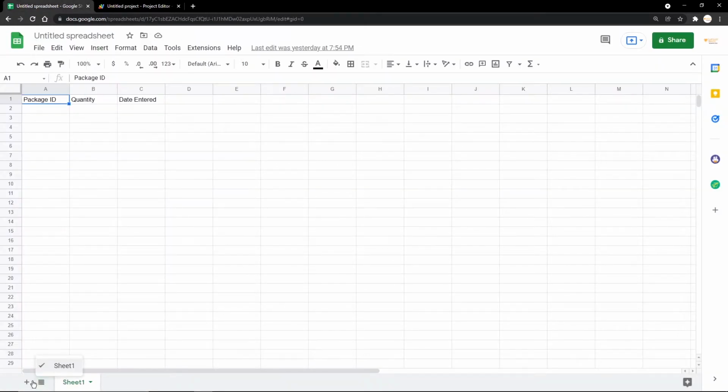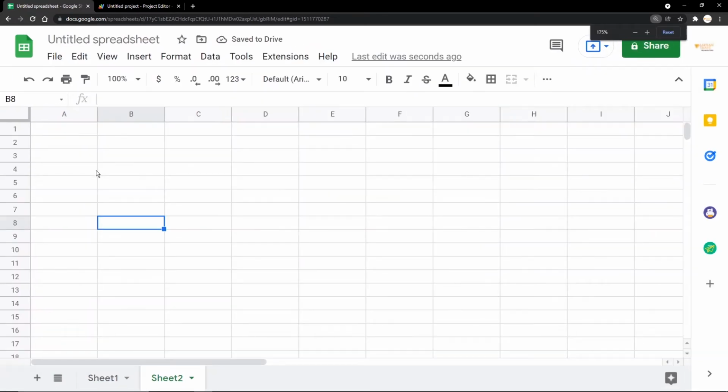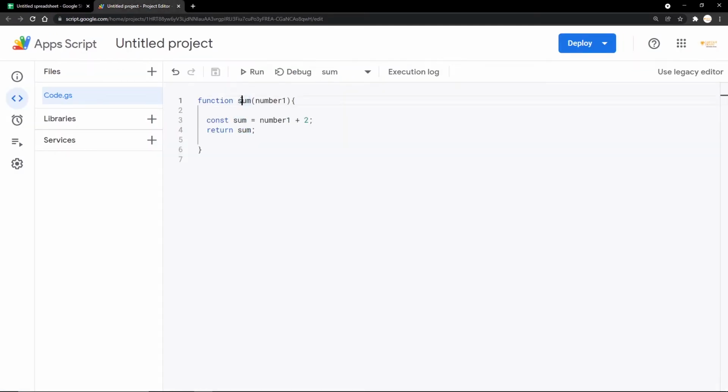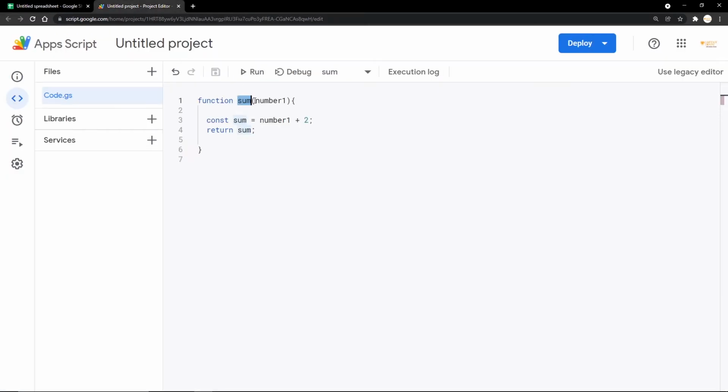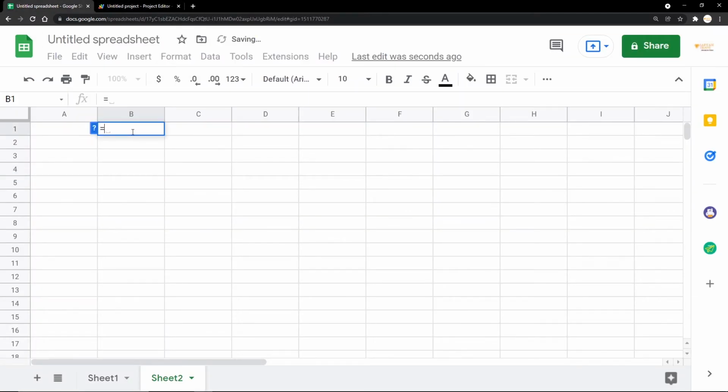So I'm just going to create a new sheet here. I'm going to zoom in a bit. Here I'm going to add a number 8, and I'm going to copy this same function, go here, add the equal to sign, and pass A1. I'm going to close the bracket, hit enter. Or maybe having the name sum, which already has a formula in Google Sheets, is wrong. I'm just going to say add numbers. Just going to copy this, go back here, add an equal to sign, add it here, pass A1, close the brackets.